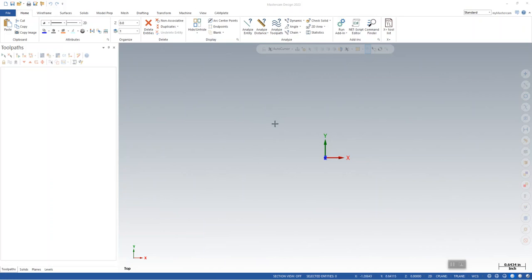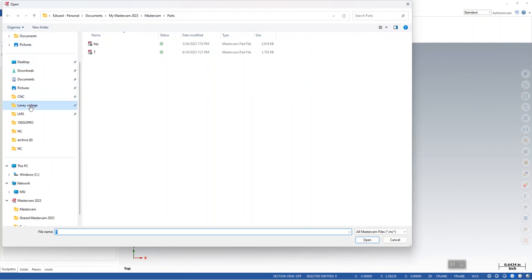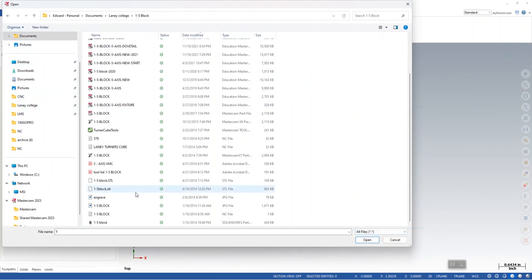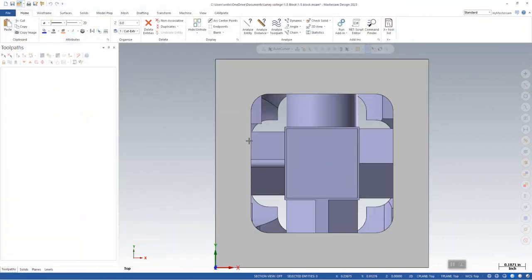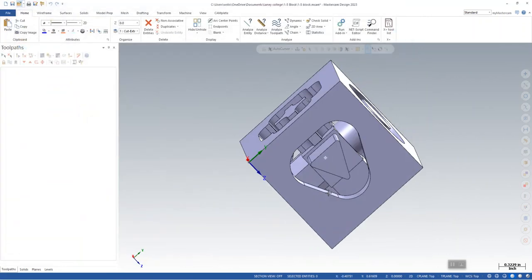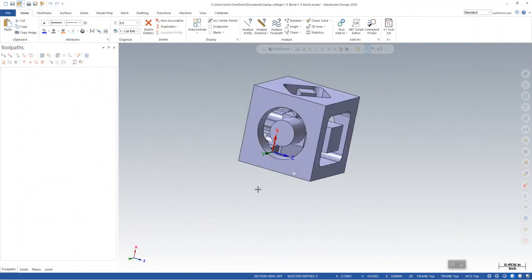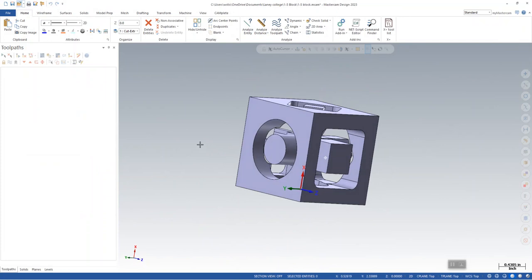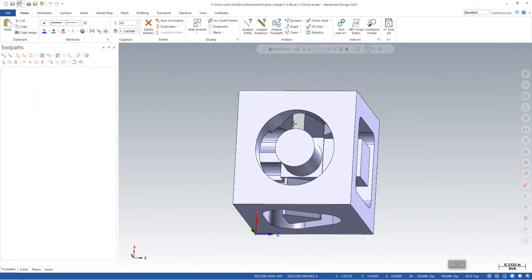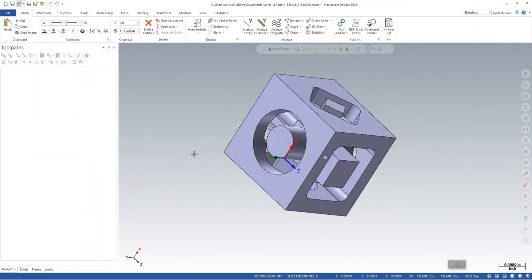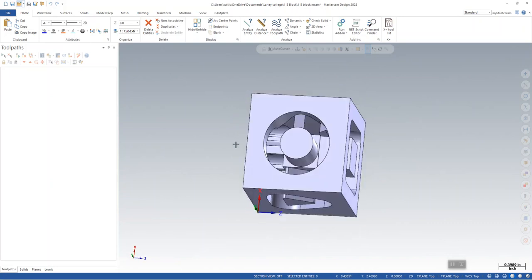We're using Mastercam 2023, and the first thing I'll do is go get my model. Now that I have my model,